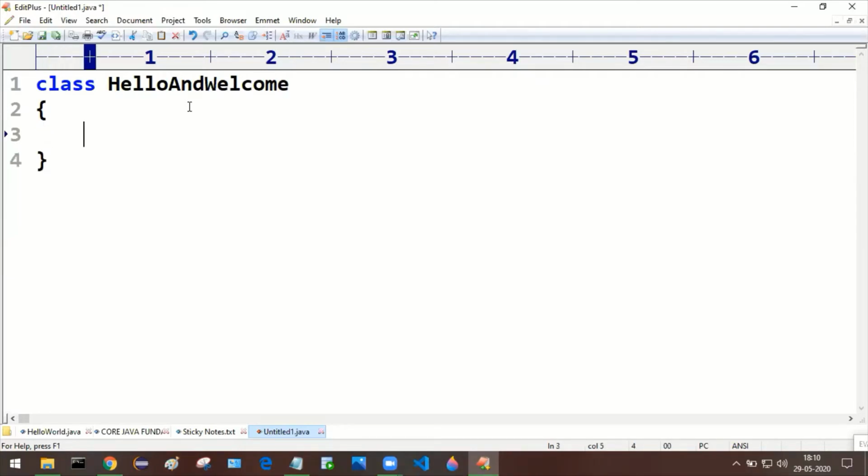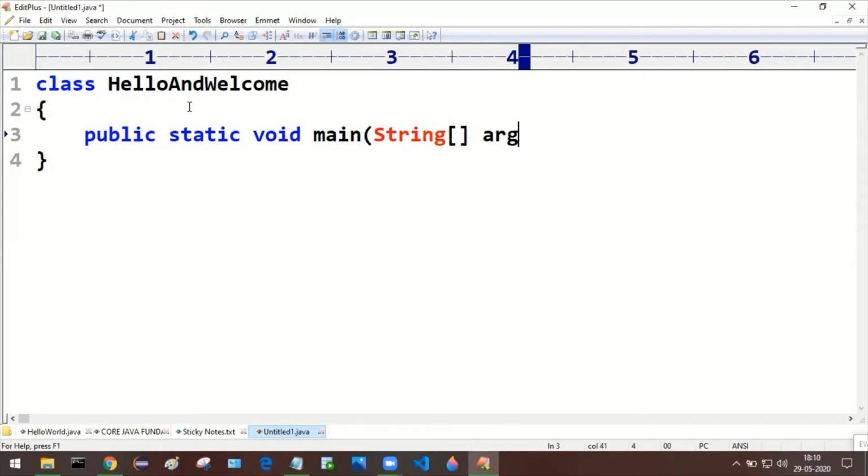Now we are going to have one main method for this class, HelloWelcome. Public static void main, String array args, and I'm writing the body of this main method.